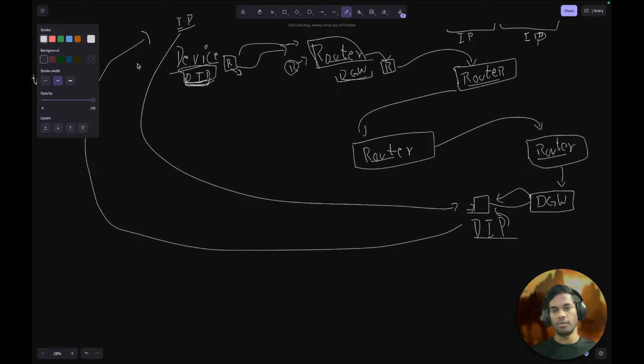Right. So in this whole structure, two things that I presumed were that my device knows the destination IP, and that my device knows the default gateway, and also the subnet mask. And all three of these my device comes to know when it